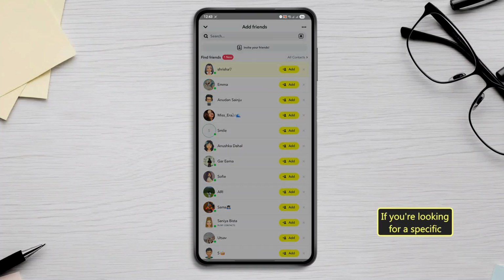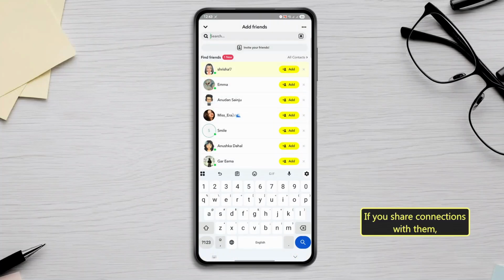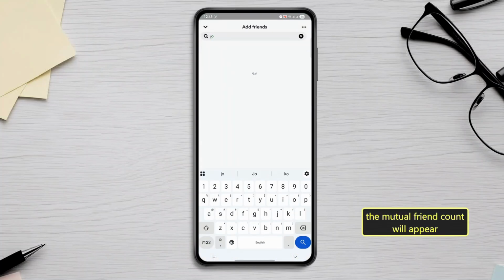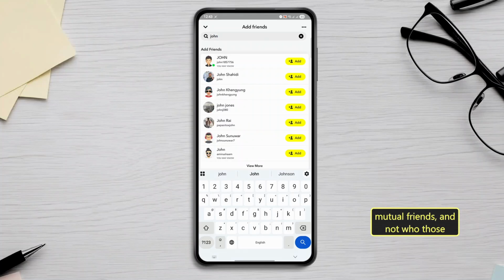If you're looking for a specific person, tap the search bar at the top and type in their username. If you share connections with them, the mutual friend count will appear right under their display name in the search results as well. Keep in mind, Snapchat only shows you the number of mutual friends and not who those friends